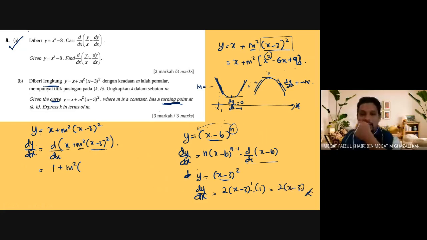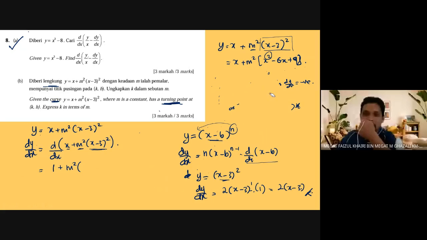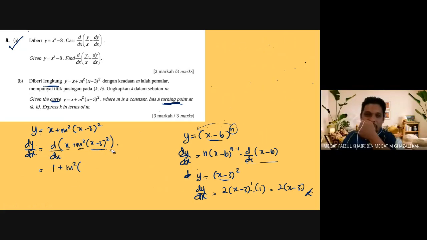That's it. Okay, from your idea just now, you said expand it. Never mind, I'll show you both, and then you choose on your own which method is easier compared to these two methods. Which one is better, easier, the one you prefer most. Okay, y = (x − 3)², which is x² − 6x + 9. Then dy/dx equals, differentiate x²,